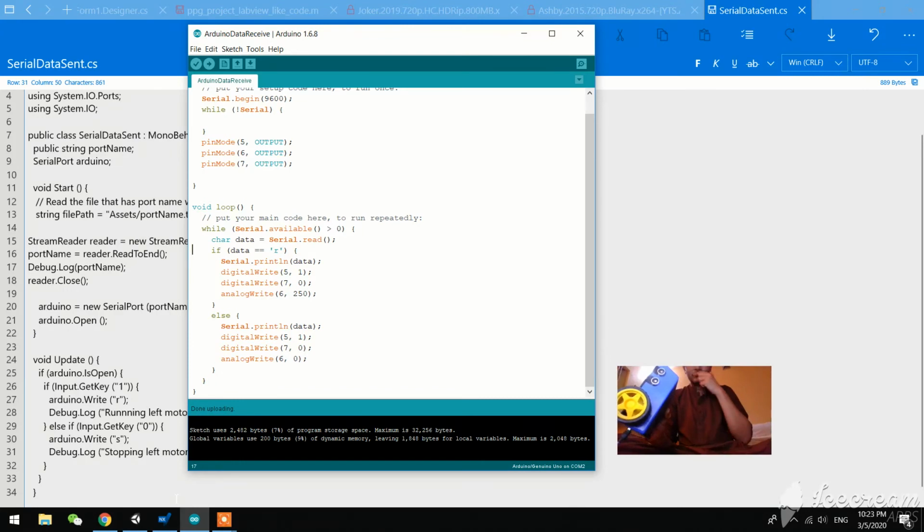So what you can do is replace these conditions here, and if the game quits, then you can send one letter, and if the game